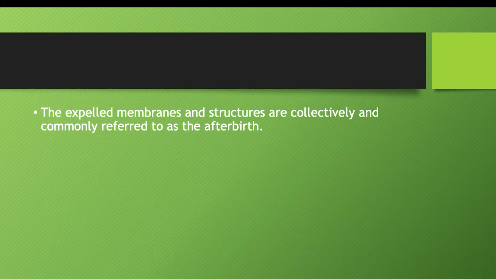They're commonly known as the afterbirth. So you give birth to a baby, yay, it's crying, yay. And then the mother will actually go into labor again and have to push out the rest of the placenta